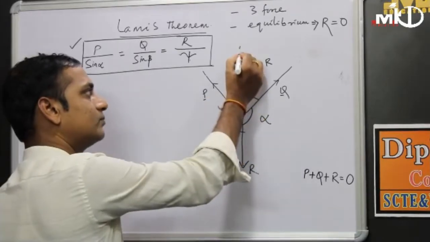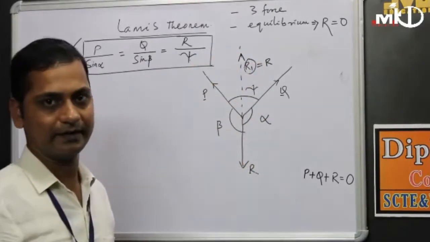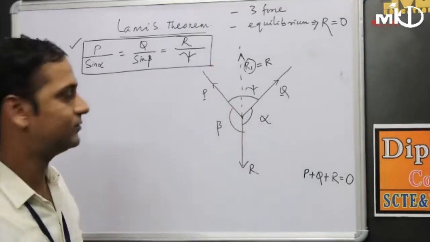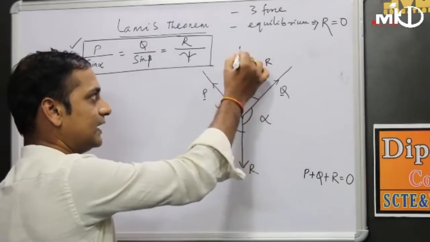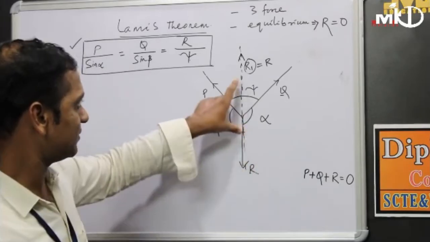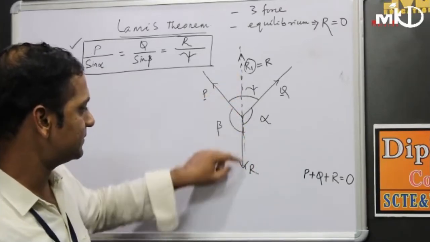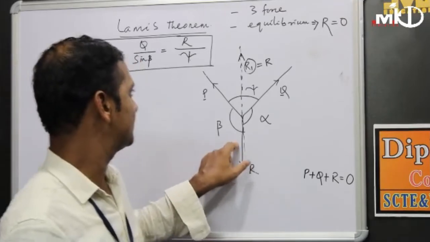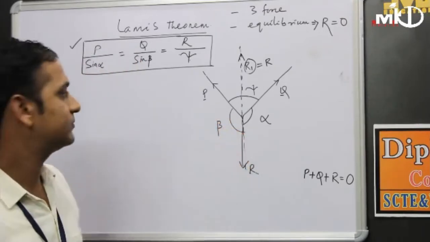Then second one is its direction must be opposite, means as this is acting in downward direction, that must act in upward direction, वो upward direction में आएगा। Then third condition क्या था, that must be collinear, collinear means वो एक single line होना चाहिए, एक ही लाइन में जाना चाहिए। So that's why this is the condition, means the resultant must be equal, opposite and collinear with the third force. So now from this concept we have to derive.